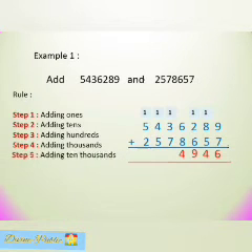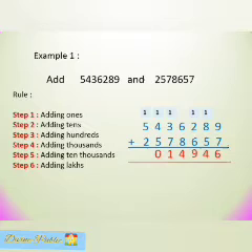Now again we have to add the 10,000 place. So 7 and 3 is 10, and 1 carry will be 11. So we'll write the 1 at the 10,000 place and forward the 1 carry. Again after that we will add the lakhs place. So 5 plus 4 will be 9 and 1 carry will be 10. So at the lakhs place we'll write the 0 and we will forward the carry to the 10 lakh place. After that we will add the 10 lakh place. So that will be 5 plus 2 is 7 and 1 carry is 8. Thus the sum of the given numbers will be 80,14,946.